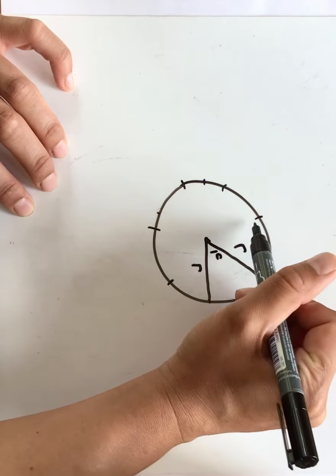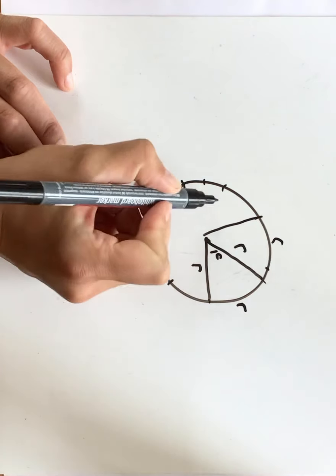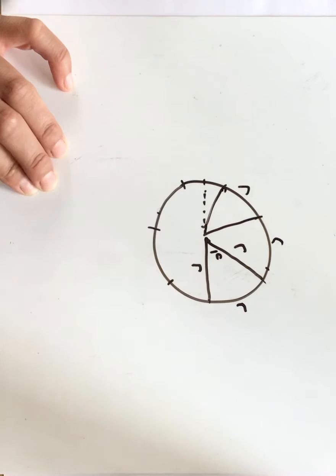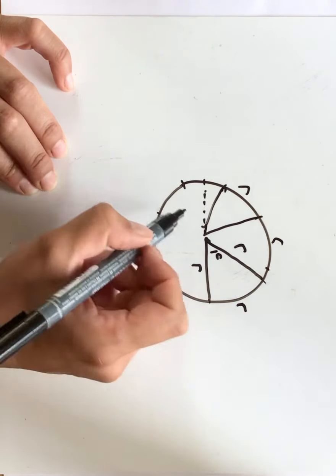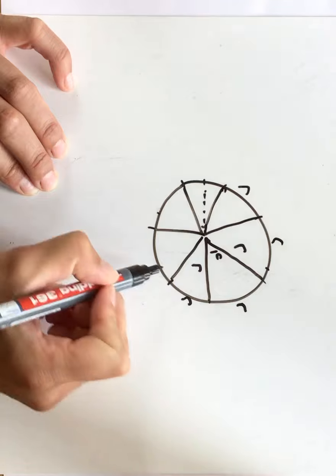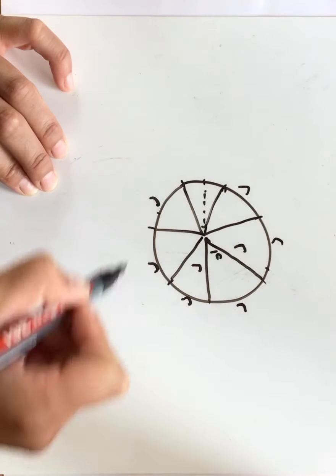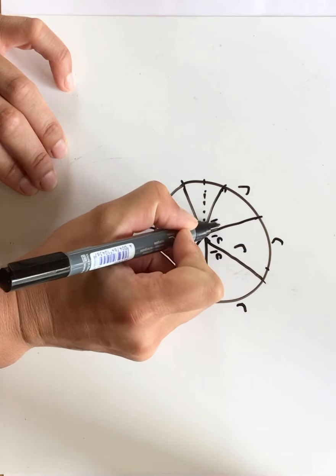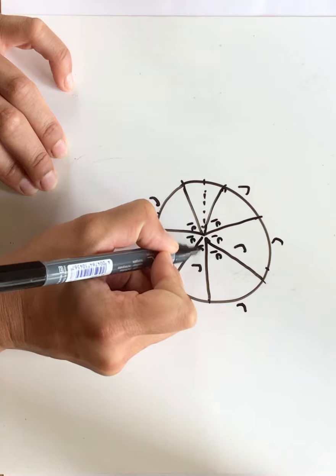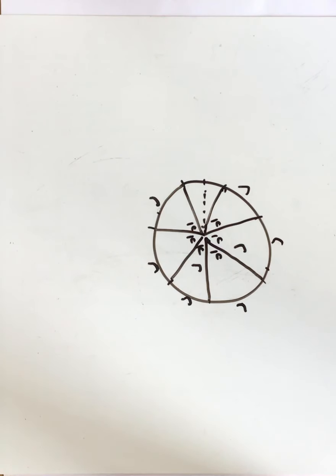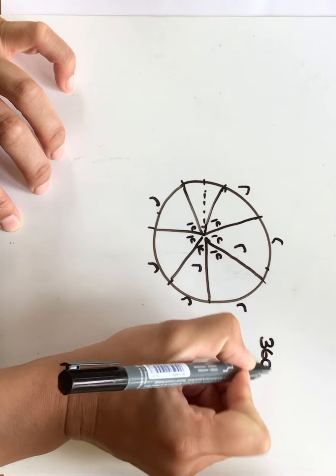So if I were to draw in more of these sectors, which have an arc length of r, I would fit pi, 3 and a bit of them, in half a circle, and 2 pi, 6 and a bit of them within a whole circle. So at the centre of my circle I have 6 and a bit radians, it's 2 pi radians. So although it's not a nice number, in fact it's an irrational number, within a whole circle, 360 degrees, we